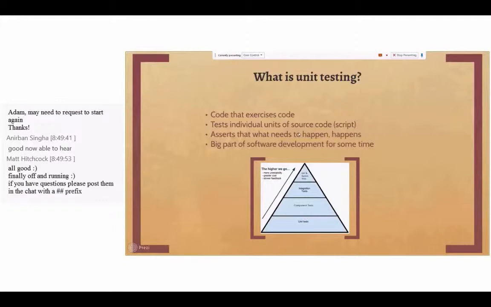Pretty much we have CI environments or continuous integration environments where when we check in our code, all our tests are automatically run and the build will actually fail if any of those tests fail. So the idea here is that you increase the quality of your code based on the number of unit tests